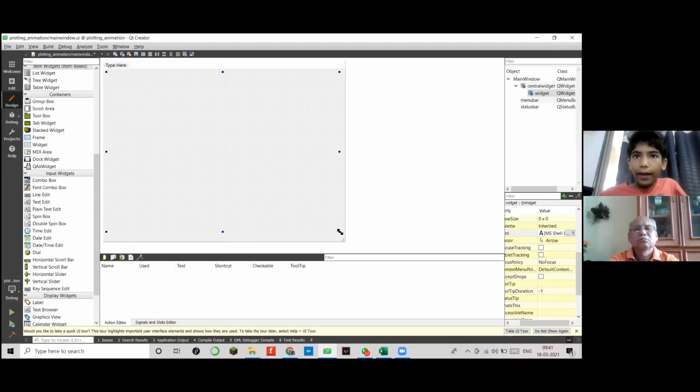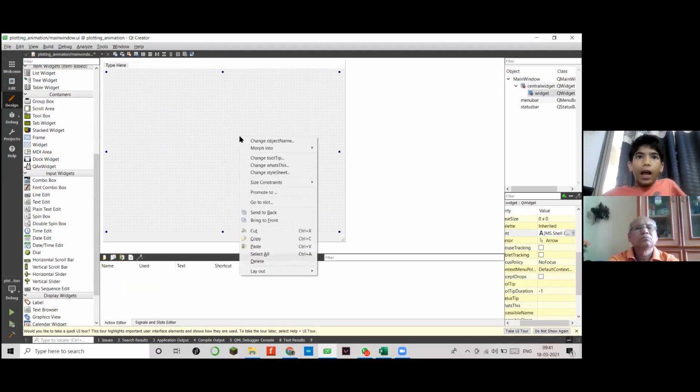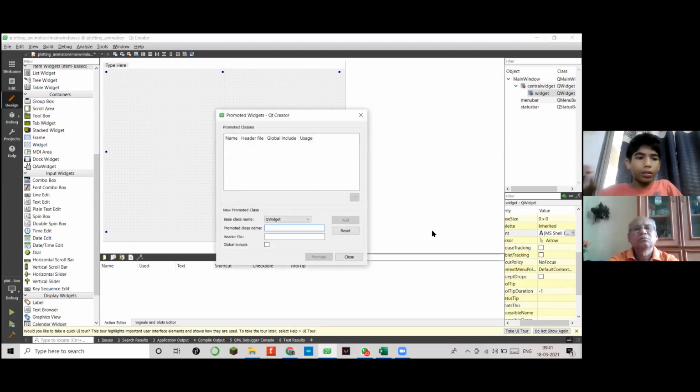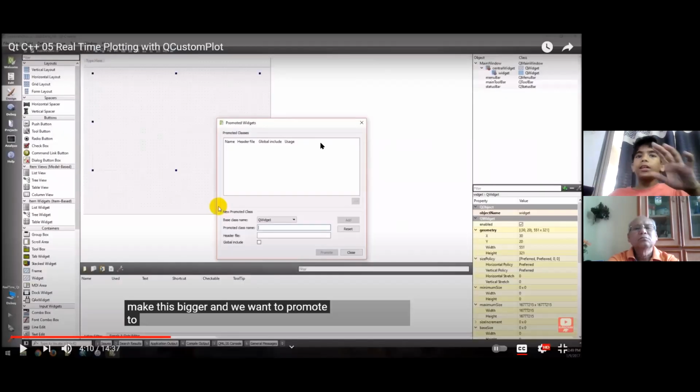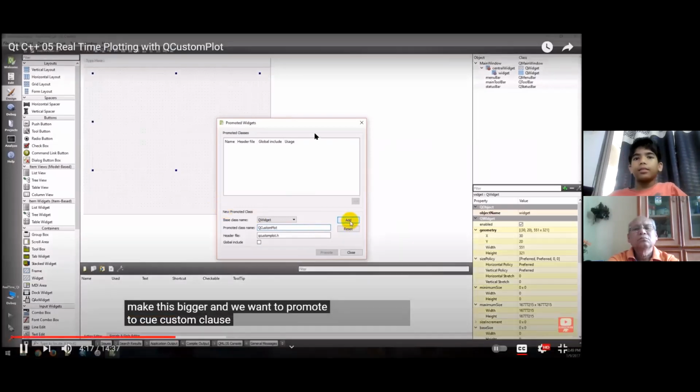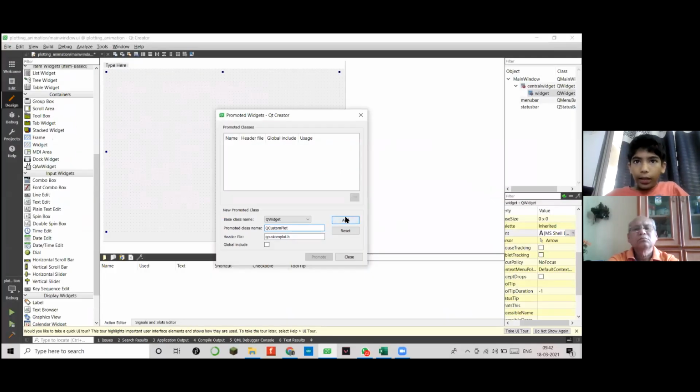Yes, sir. So I've added the widget. Now I click and do promote to, and I said Q custom plot. I'll just check that's what he's doing. So that's what he's doing.